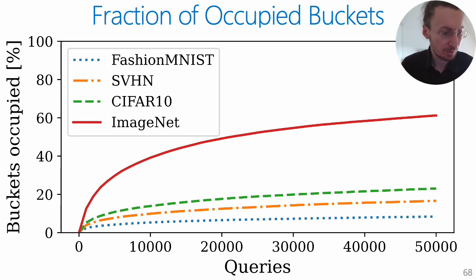So here we have on the x-axis the number of queries issued against the API. So we have 0, 10,000, 20,000, and so on. And on the y-axis we have the number of occupied buckets that we estimated as being occupied by the incoming queries and their corresponding representations. So we observe that legitimate users who query just a small subset of this representation space also occupy a very small number of buckets. However, if adversaries query from diverse datasets like ImageNet and they really want to steal the encoder, then they occupy many more buckets.